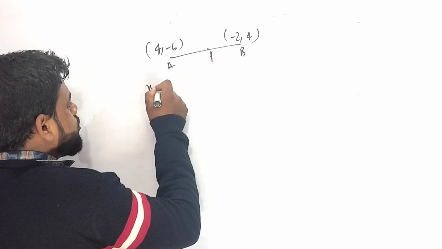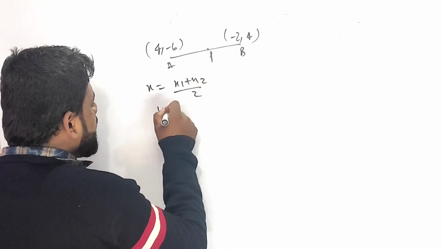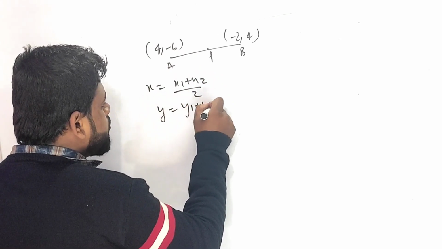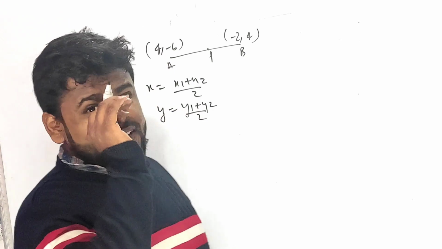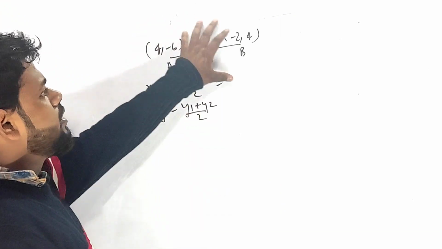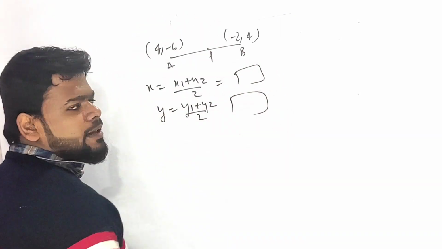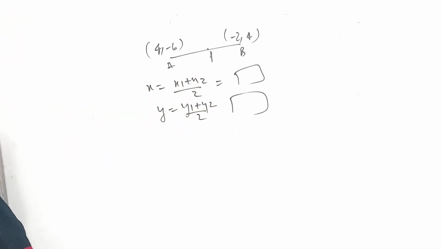Yes, very easy. x equals x1 plus x2 by 2, y equals y1 plus y2 by 2. Before I have done the derivation, no need of doing derivation, वो कभी क्वेश्चन में पूछा नहीं जाता। Which one is the x1? Now you people can do it. What is the answer? Please comment right there. पूरा easy है।